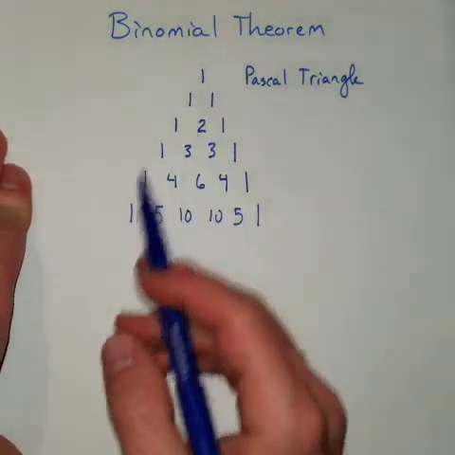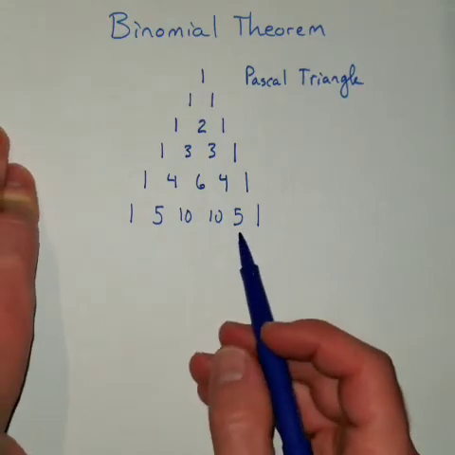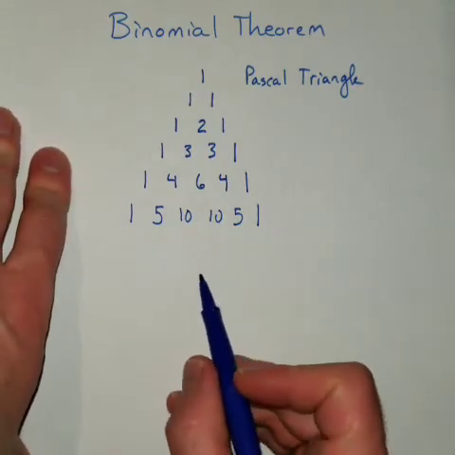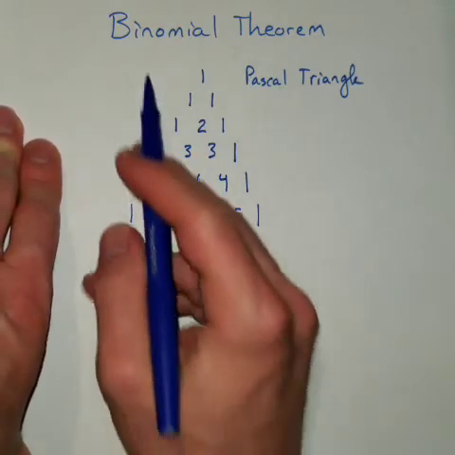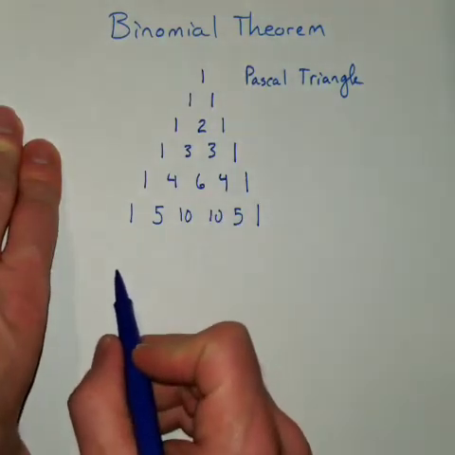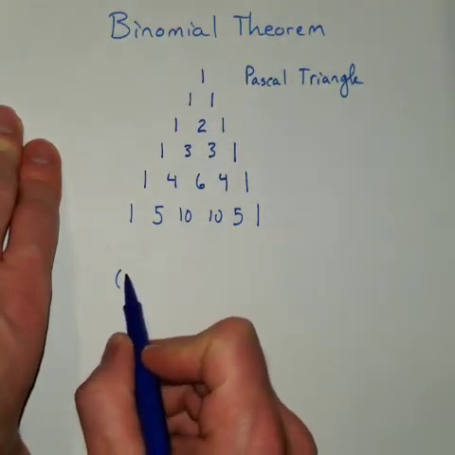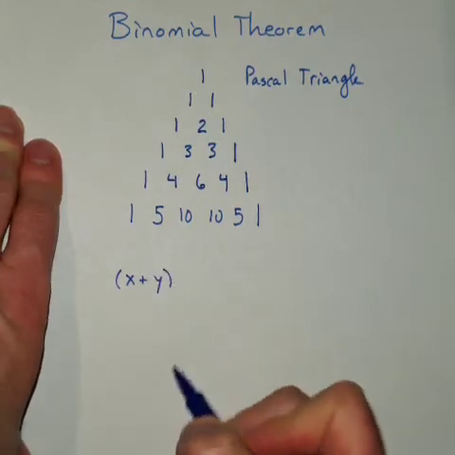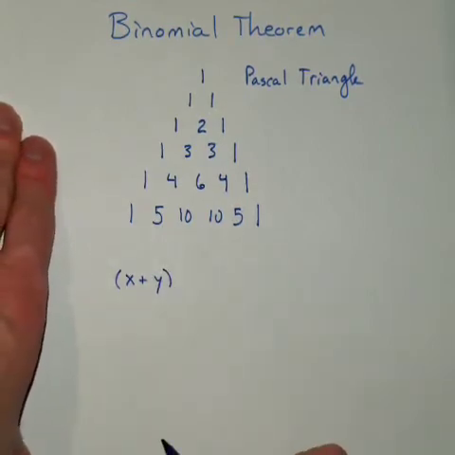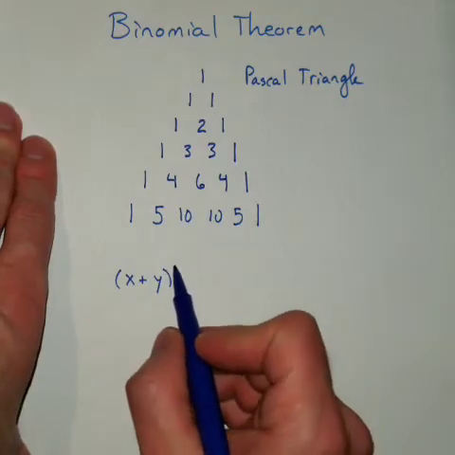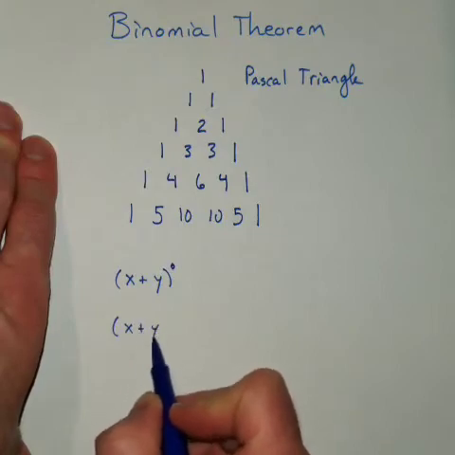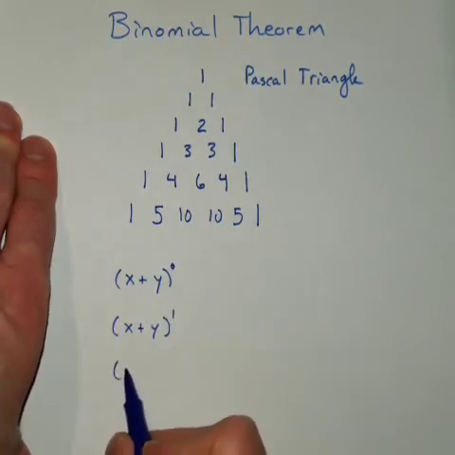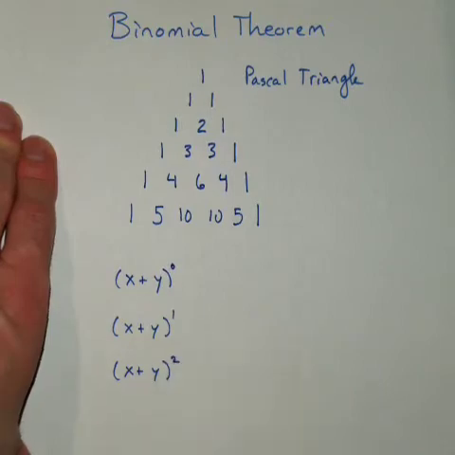Anyway, back to Pascal triangle and how this is useful. One thing is, if you were to take a binomial, and a binomial is just a 2-term polynomial, like x plus y, and start raising it to powers, like the 0 power, and then the 1 power, and then the 2 power, and so on,